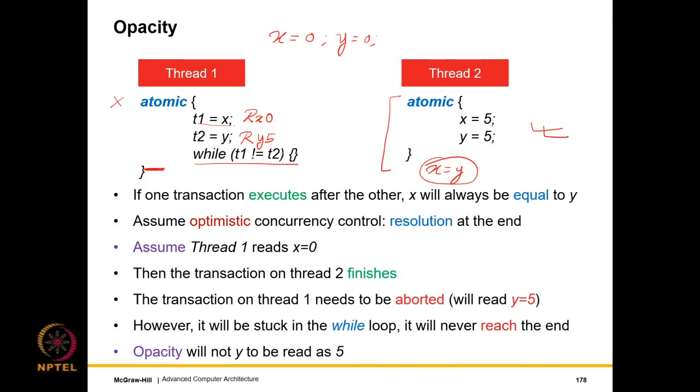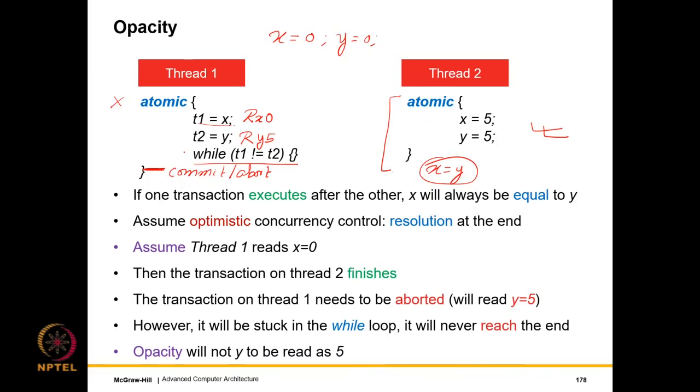And given the fact that we'll never reach the end, we will never reach the point where we make a commit or abort decision. Since we'll never reach that point, our system is in jeopardy because one transaction has not aborted, but it'll just keep on running. It'll keep on using the resources of the CPU. It'll keep on running, and the system will be in an incorrect state. Right? So the system will be in an incorrect state. Why? Well, because this transaction is just continuing to run in an infinite loop and no decision is being taken on it.